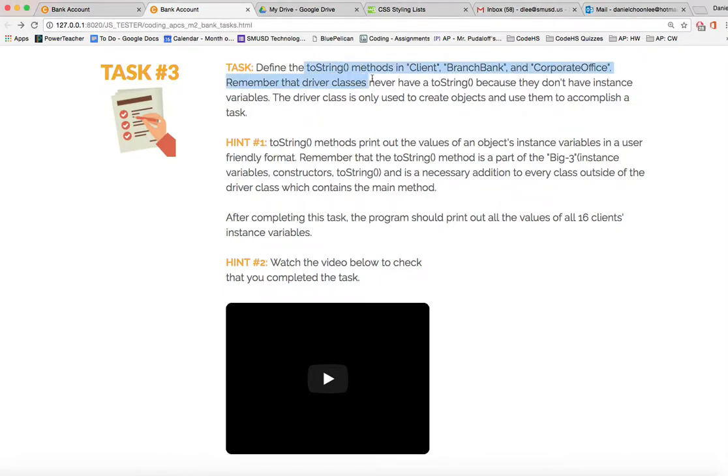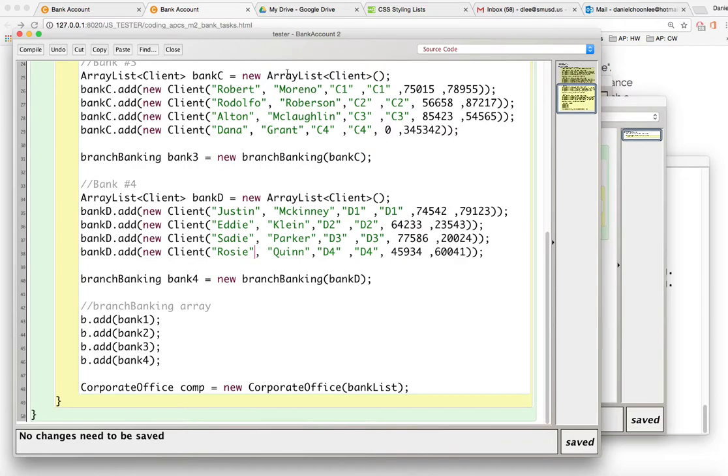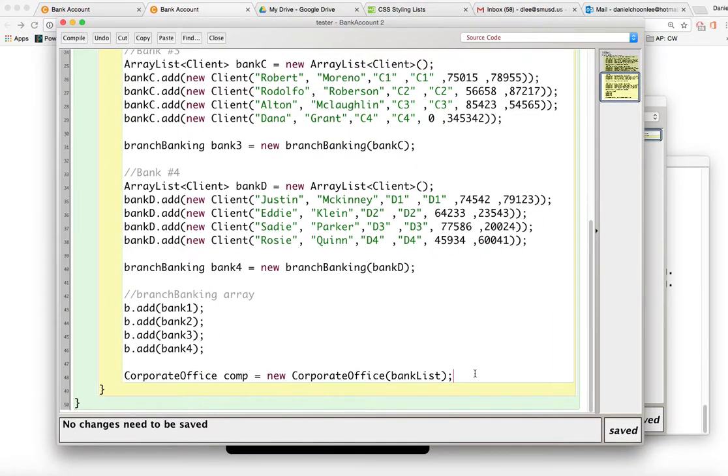So now we need to define the toStrings in all of our classes. And you might be asking yourself, why? Who cares, right? Why should I do that? Well, first off, like right here, if we have the toStrings defined in all of our classes, we could do